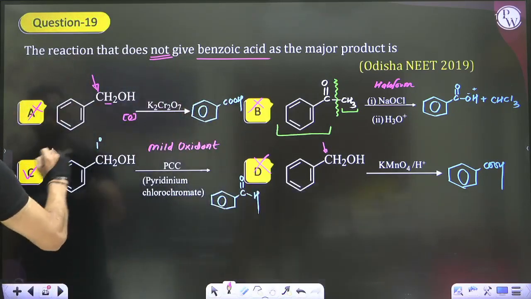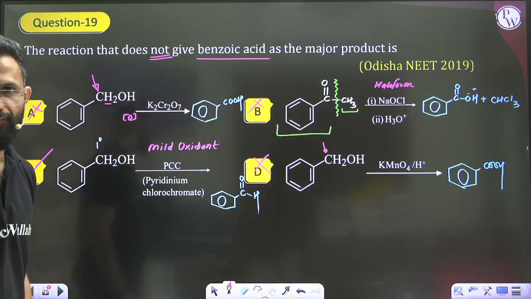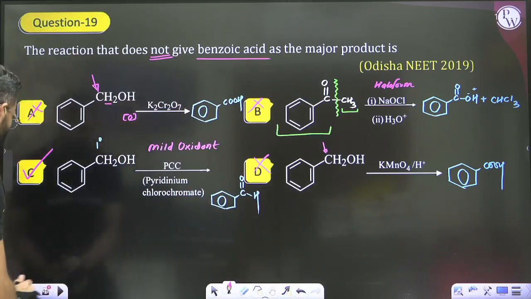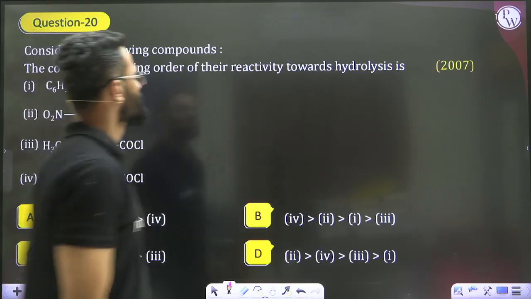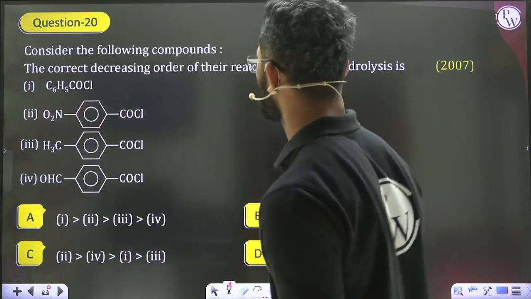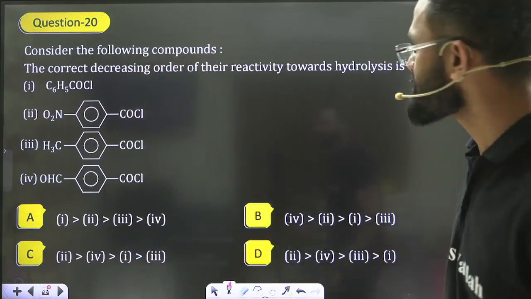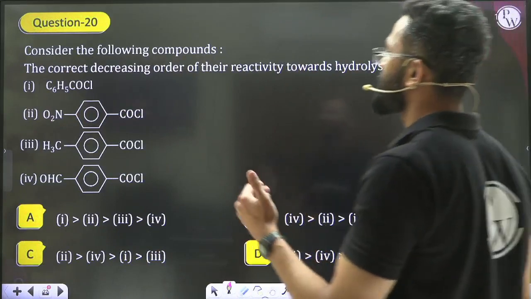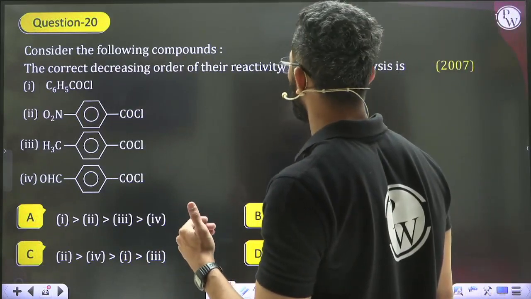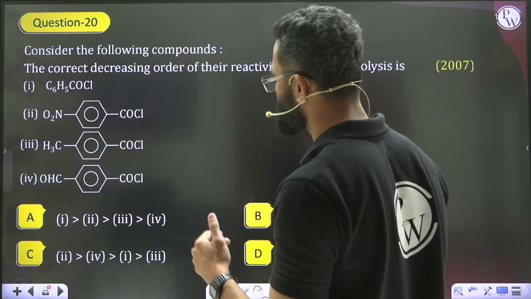The right choice is option C. Moving forward, next question. 2007 question, that is, consider the following compounds, and they're asking what is the correct decreasing order of the reactivity towards